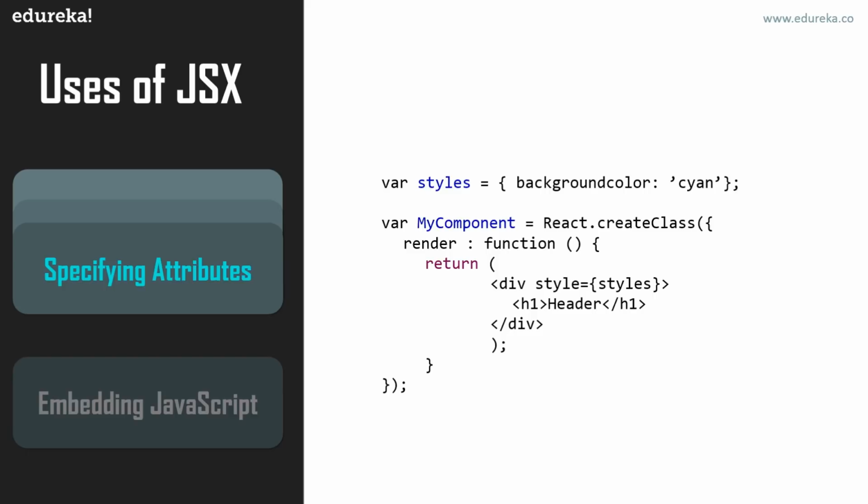And if I talk about specifying attributes in JSX, you can also use quotes to specify a string literal as an attribute. You may also use curly braces, but the only thing is that don't put quotes around curly braces when embedding a JavaScript expression in an attribute. You should either use quotes for string values, or curly braces for expressions, but not both in the same attribute. Just try to understand that JSX is actually much closer to JavaScript and not HTML. So there are a few key differences which have to be kept in mind while writing JSX.